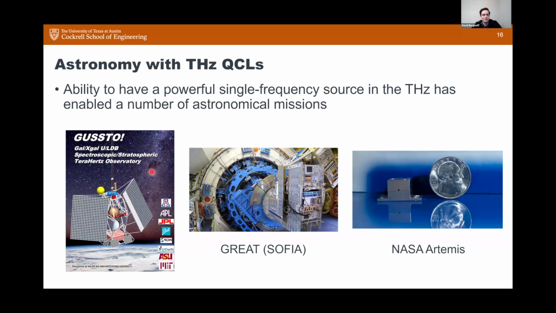So GUSTO is an upper atmospheric balloon. The great spectrometer was on SOFIA, which is an upper atmosphere plane which has an observatory on it. So it's an observatory on a plane that stayed in the air for, I think, years, but that mission ended, and there's been some discussion of actually putting a terahertz quantum cascade laser on the moon as part of the